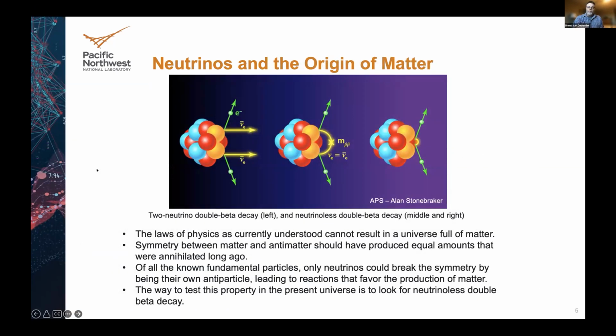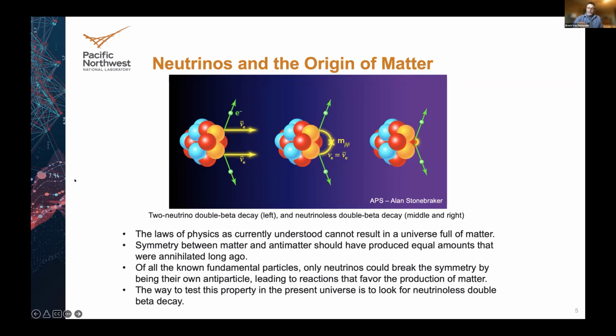So we've been talking about matter in the universe and just taking it for granted, like it's just there, obviously. But the fact is, the laws of physics as we currently understand them can't explain how there's really any matter in the universe at all. As far as we know, the laws of physics are almost completely symmetric between matter and antimatter, such that these two things should have been created in equal amounts in the Big Bang and then almost immediately have annihilated, leaving us with just radiation in the universe.